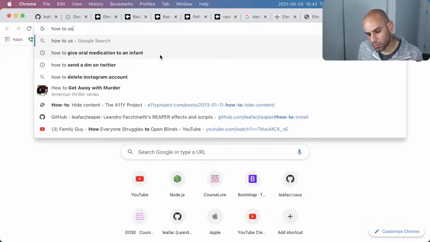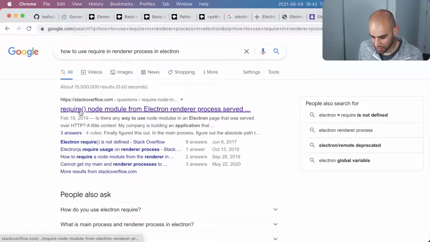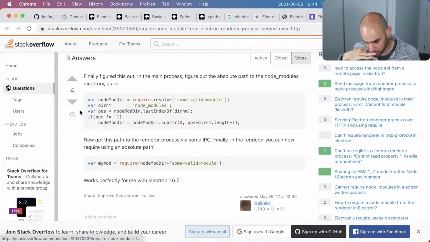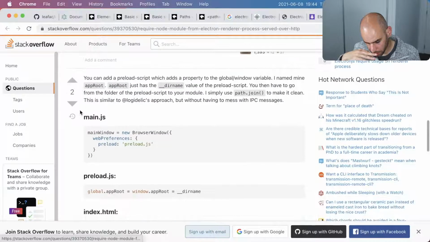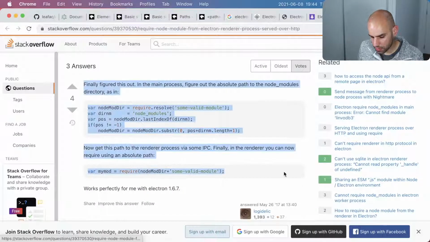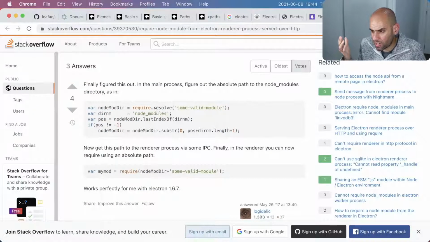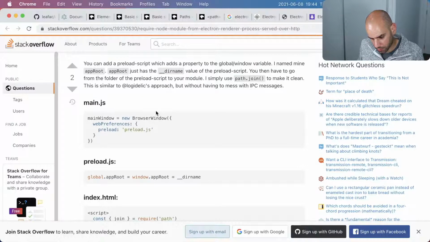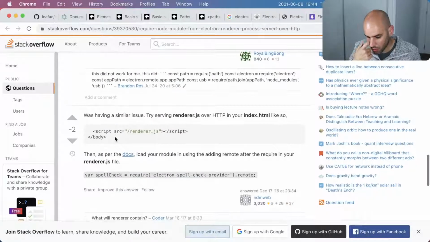How to use require in renderer process in Electron. Maybe it has to do, so this answer leads me to believe that it has to do with the path in the require that we have here, so we shouldn't just say require Electron, but that is what is in every example. So what gives? Oh, so maybe that's why we would need a preload file. Or maybe we can just say